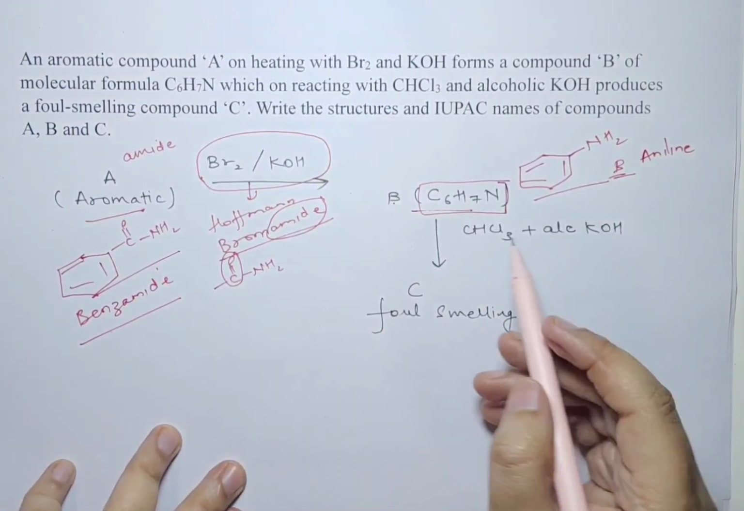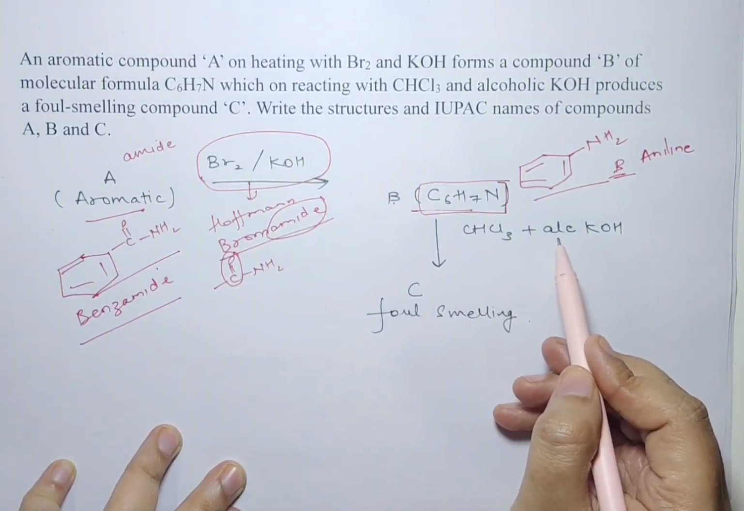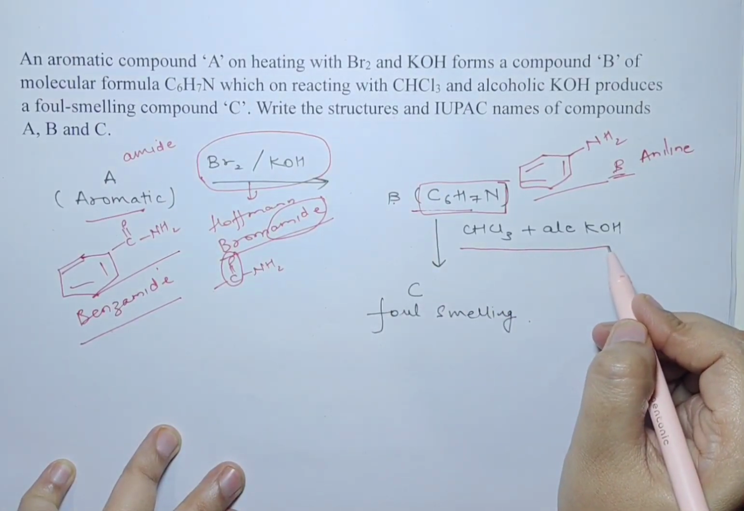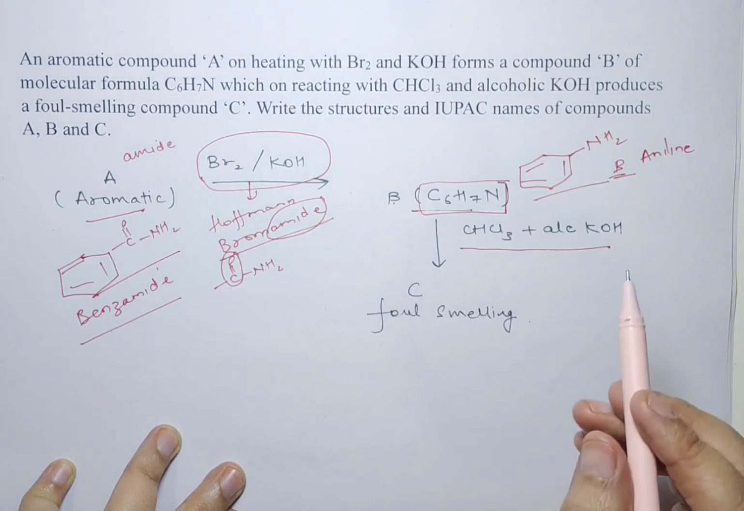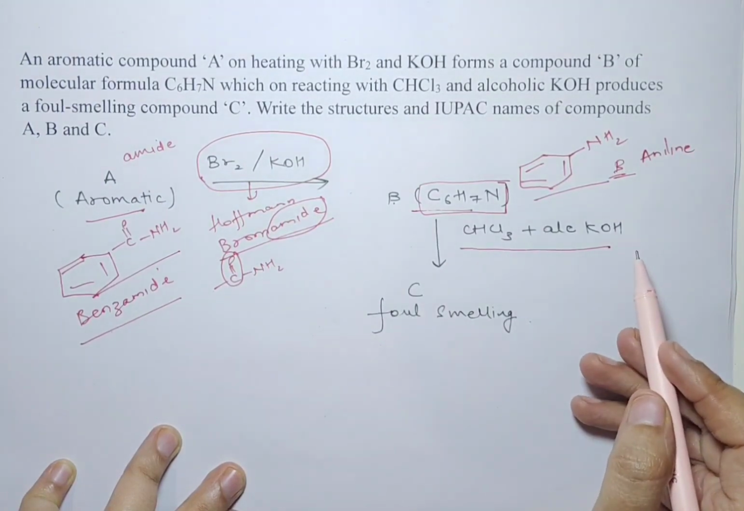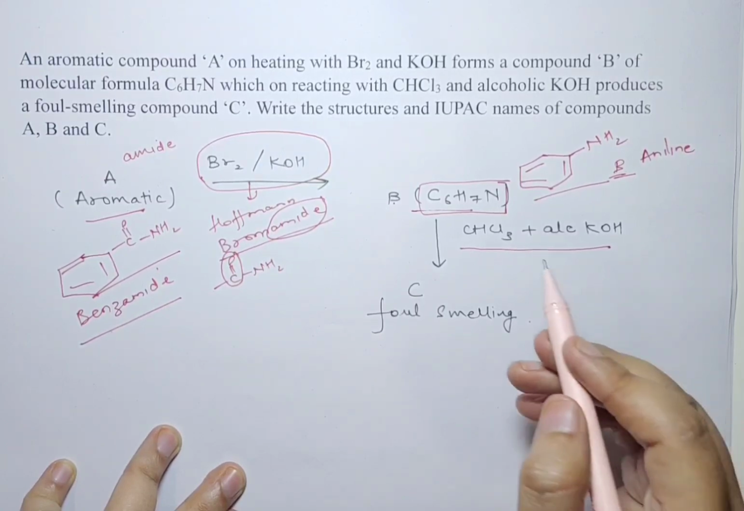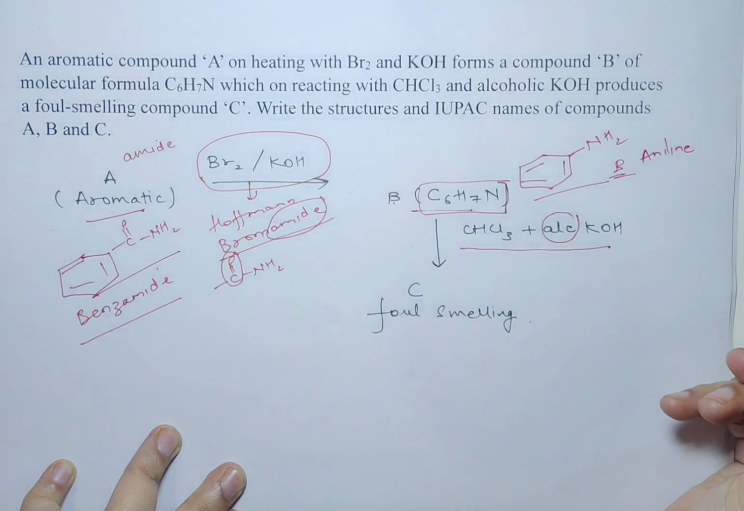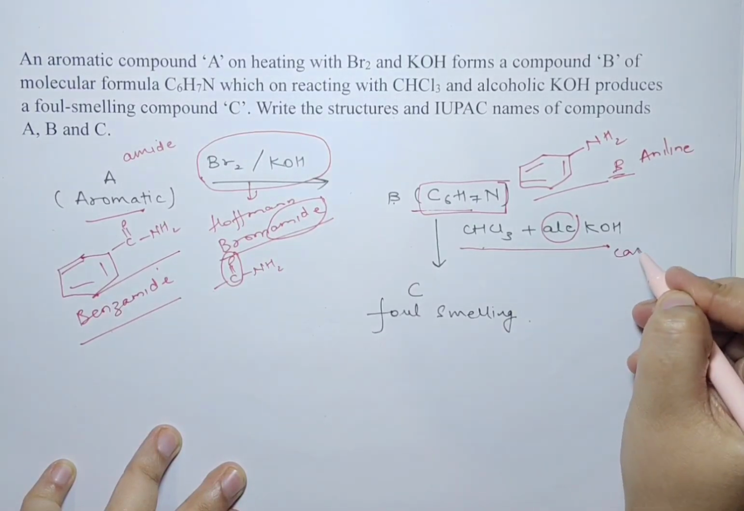Now it's undergoing a reaction with CHCl3 and alcoholic KOH. You encounter CHCl3 and KOH twice in your book. One is the Reimer-Tiemann reaction and the other one is the carbylamine reaction. In carbylamine reaction, we use alcoholic KOH, and in Reimer-Tiemann reaction, we use aqueous KOH. So this is clearly the carbylamine reaction